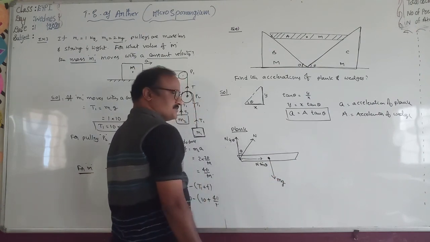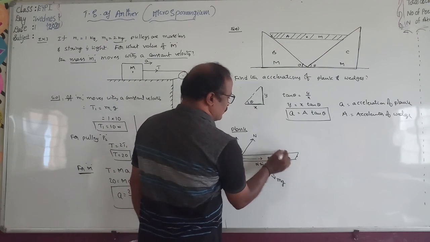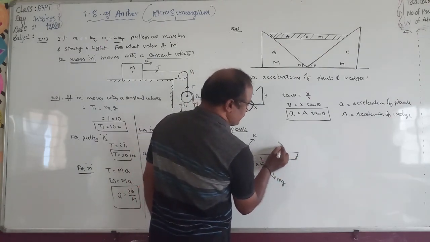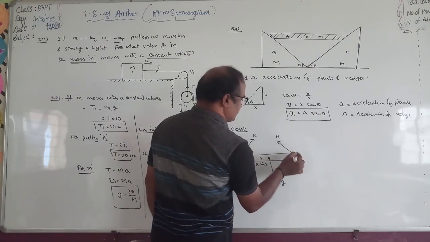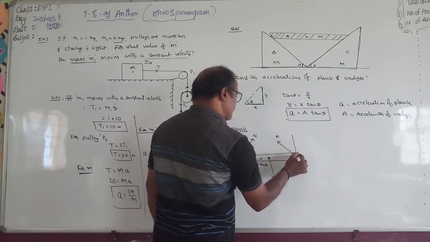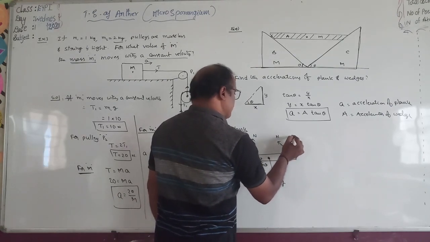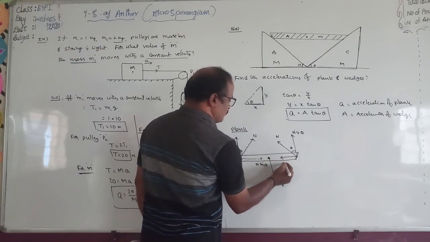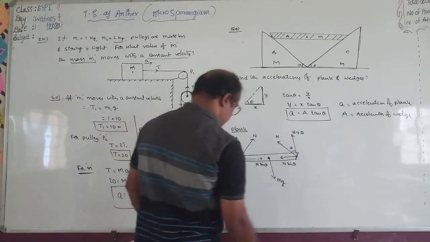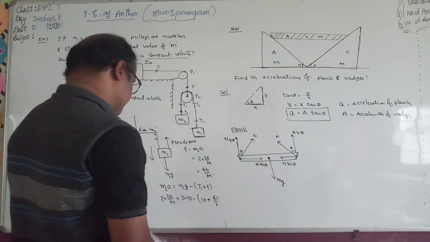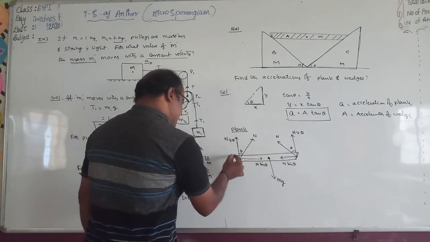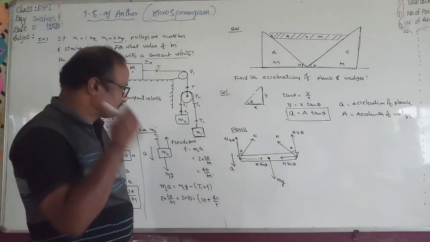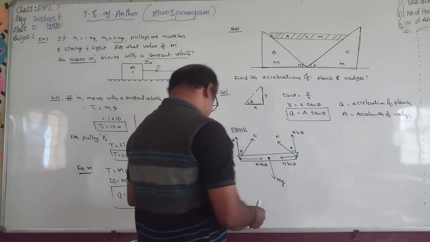mg acting downwards. At this surface also, the normal reaction acts on the plank by the other wedge C, perpendicular to its plane. This is N, and here also the angle is theta. The components of N are N cos theta and N sin theta. Dividing into components, as the plank A is moving downwards, it has an acceleration, right? If you observe for the plank